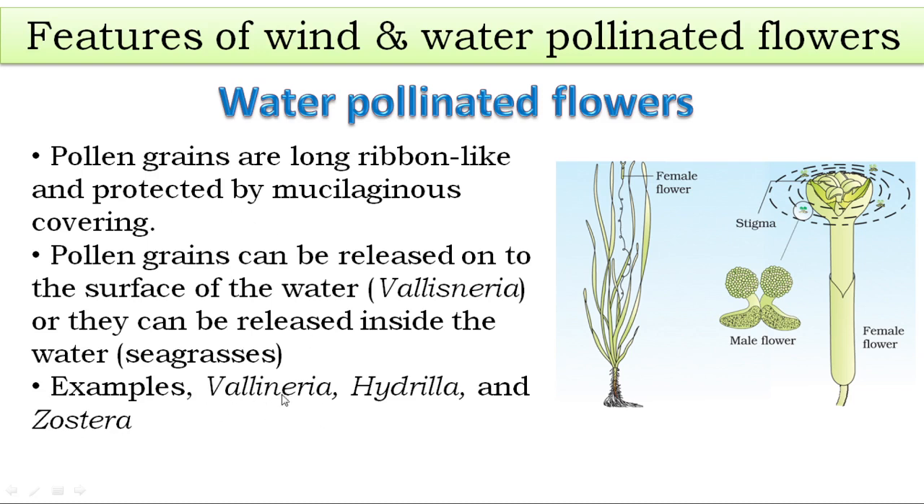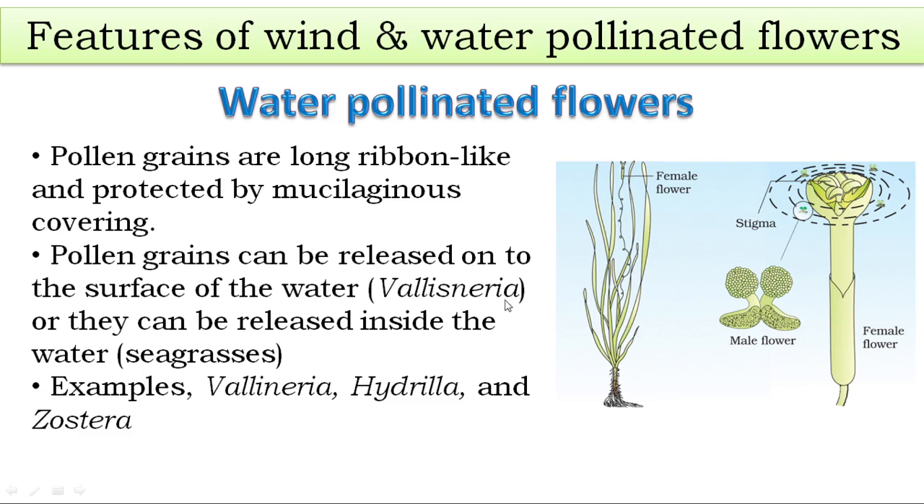And pollens of such plants are long ribbon-like structures. Right? Pollen grains long and ribbon-like. And they are protected by a mucilaginous covering. The benefit of the mucilaginous covering is that it protects the pollen grain from getting overly wet. The water can damage the pollen grain, right? So in order for the pollen grains to be protected, they are protected by the mucilaginous covering. Okay, and the pollen grains are either released onto the surface of the water,